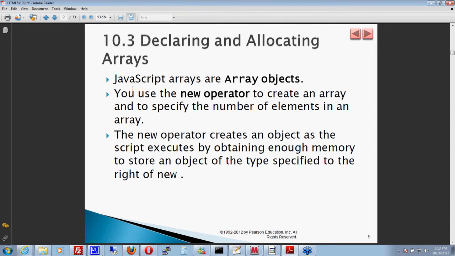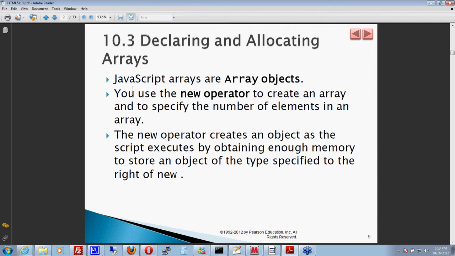JavaScript arrays are what we consider objects. In most modern languages, they're considered objects. And an object is something that we would also call a complex data type. Your simple data types, like a number, 1, 2, 3, or a string, are considered primitive data types. It's only using a very small amount of memory, one piece of information. Arrays, though, have multiple pieces of information, and they can be very large in size. So we would call those objects or complex data types,